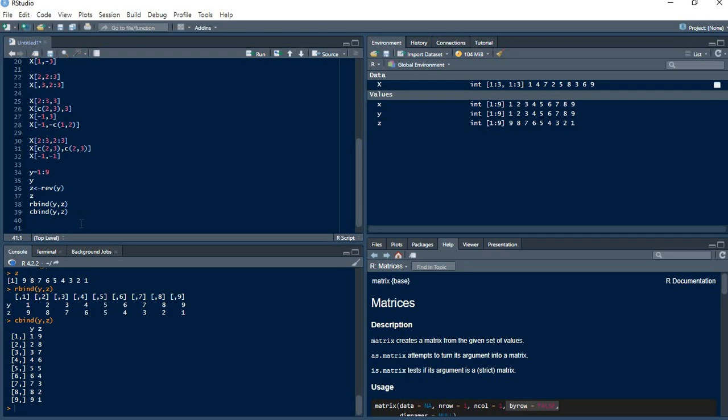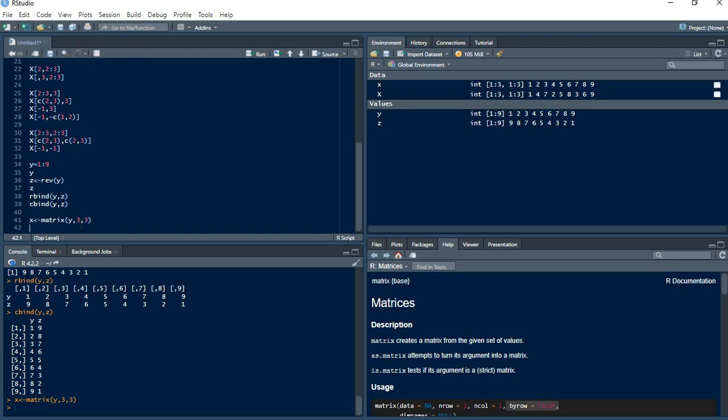So I want us to create our matrix. Let's create our matrix X. Let's just say the matrix X is the matrix of Y. Now Y was starting 1 to 9 and is a 3 by 3 matrix, 3 rows and 3 columns. So we have our X,